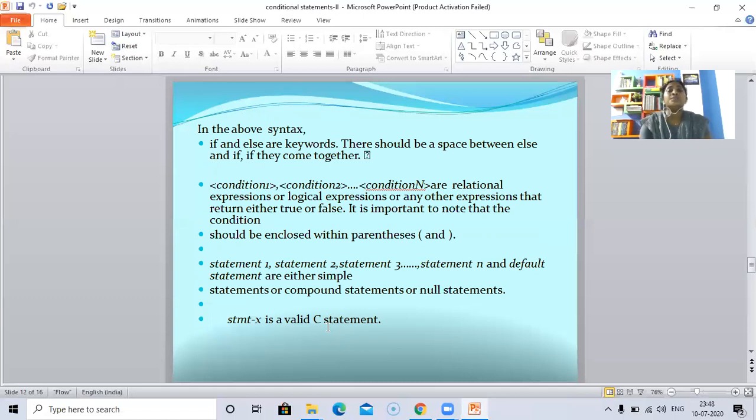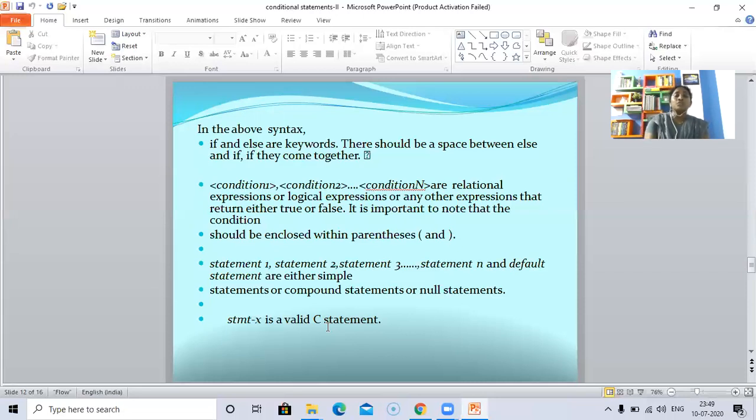Now, in the above syntax, if and else are the keywords. There should be a space between if and else. This is very mandatory, otherwise you will have a syntactical error. As per the syntax which is given, there should be a space between if and else. Condition 1, condition 2 and condition n are relational expressions or logical expressions or any other expressions that return either true or false.